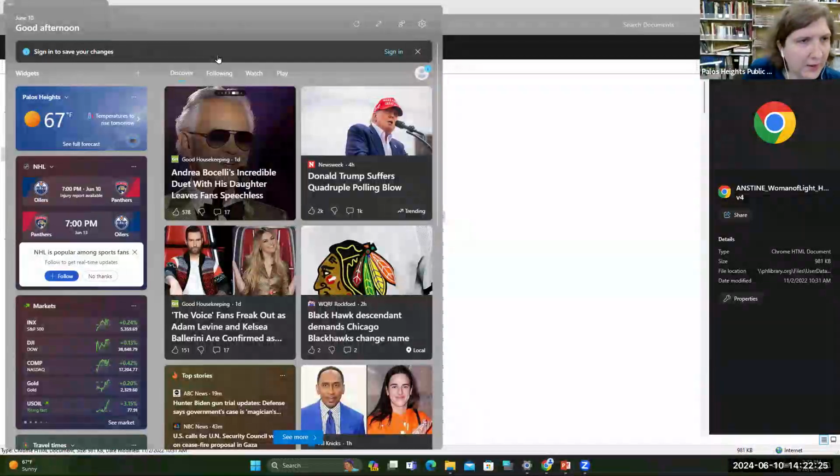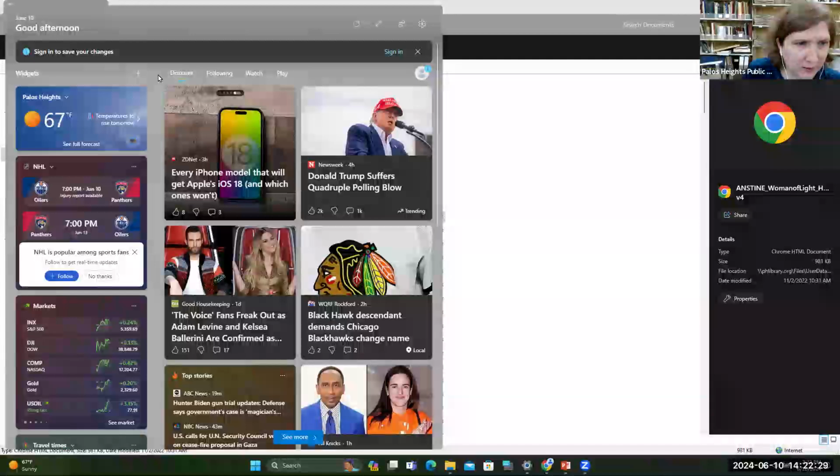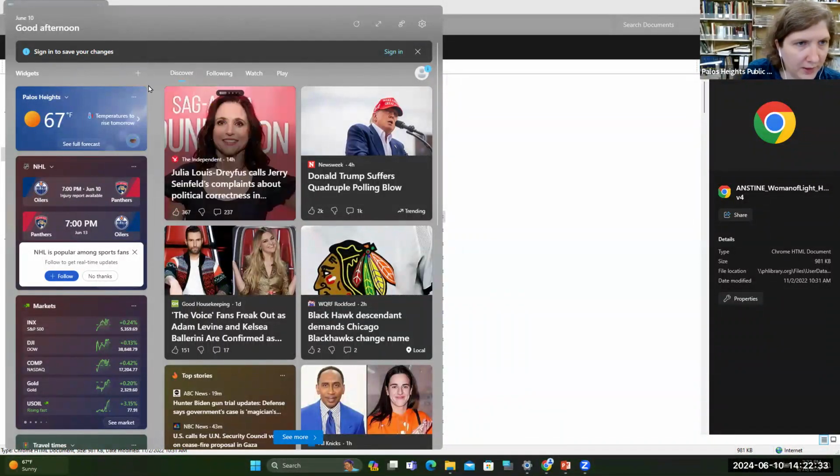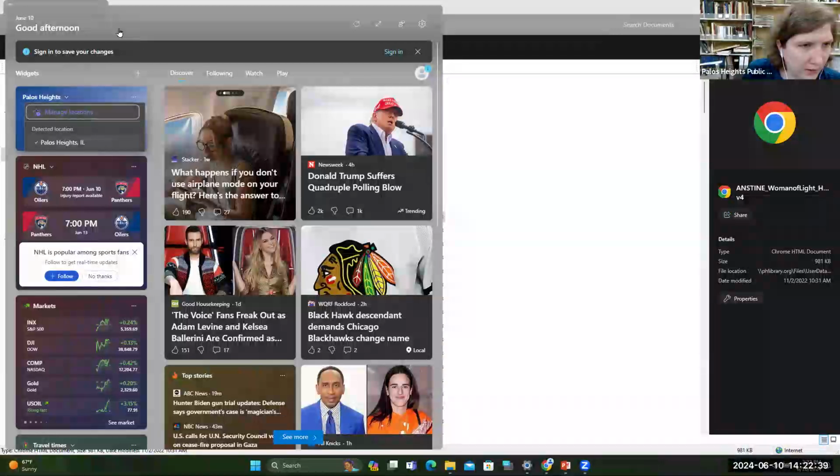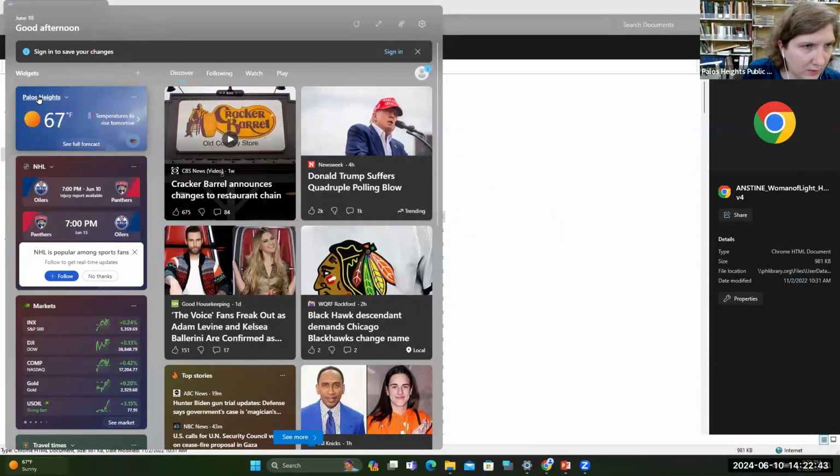You can sign in to make sure it saves which widgets you would like. Otherwise, it'll just have a standard variety of them if you haven't saved them. But you can see here we have our weather, and you can even choose which location. If you hover over here, it tells you that it's Palos Heights, but then you can choose a new location.